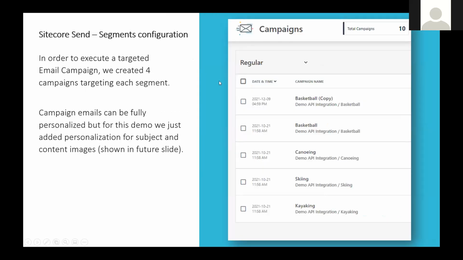So once you have those segments, we also created the campaigns associated with it. So there are multiple ways of doing campaigns. Just to show that we can create multiple campaigns, I just created 4 different campaigns here, if you see, which are based on each individual segmentation. But there are multiple ways, as I said. So we can create only one